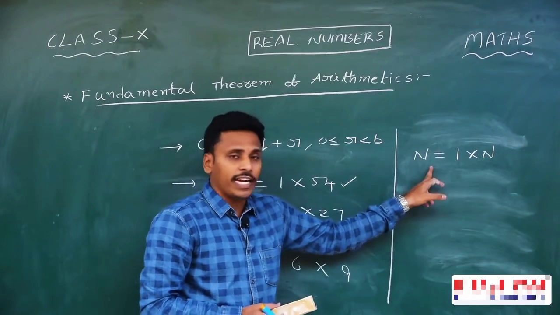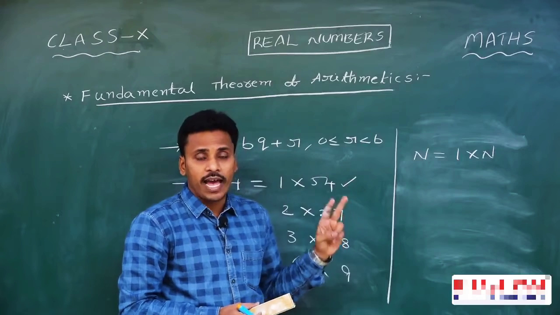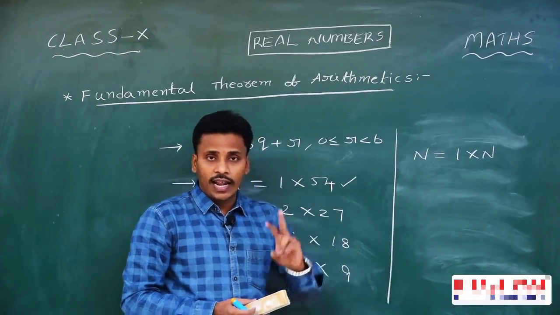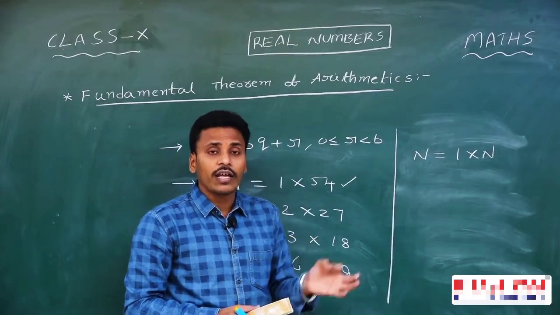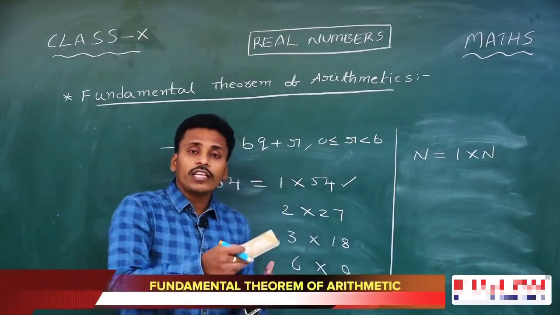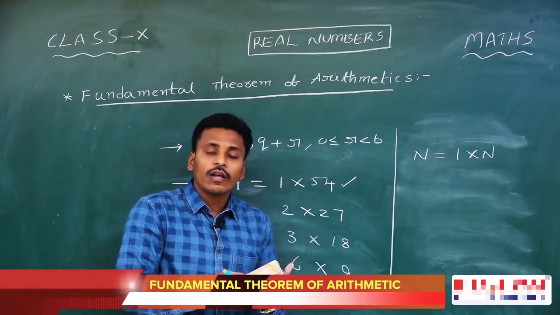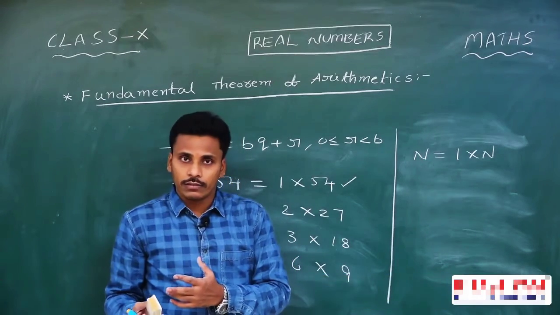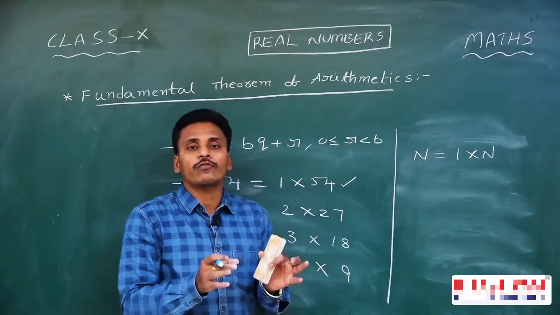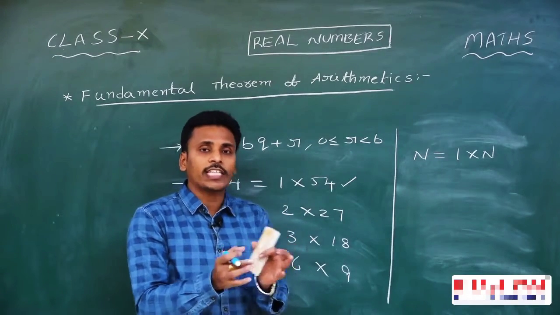With this idea, I have two observations in my hands. One is that 1 is a factor for every number, and another is that every number is a factor of itself. Along with 1 and itself, the numbers may have some other factors, and there are some numbers which have only these two as factors. We need to classify those numbers.